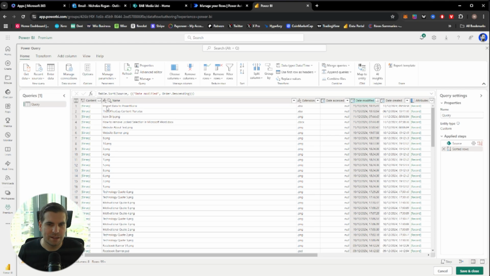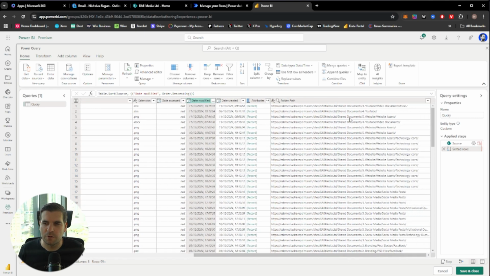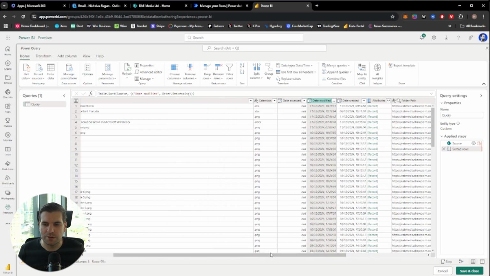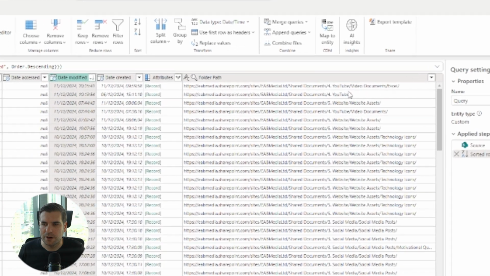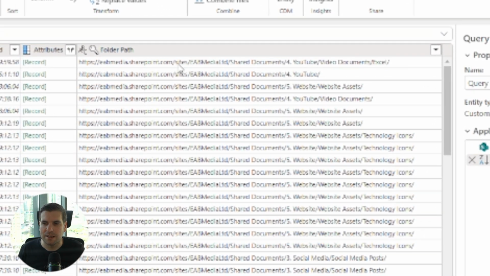And here we can see the import data to Power BI Desktop. Since I couldn't find what I was looking for through the folder structure, I went ahead and changed it to the date modified. From here, this is the file that I want to import, but I want everything inside that folder. So I can navigate all the way over to here, where you can see that it is basically